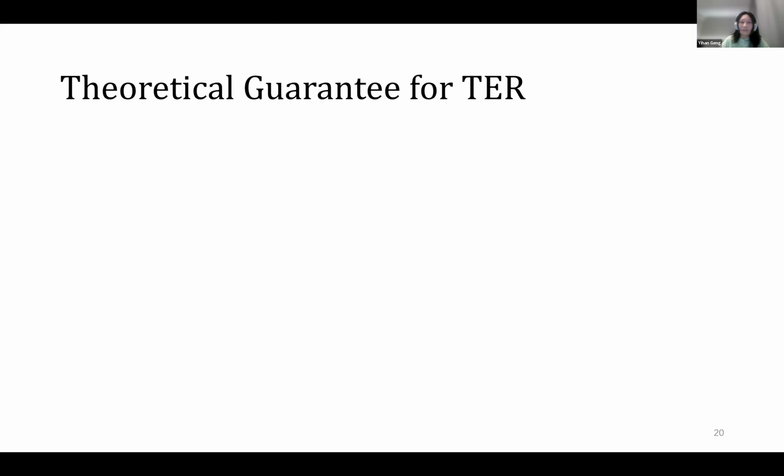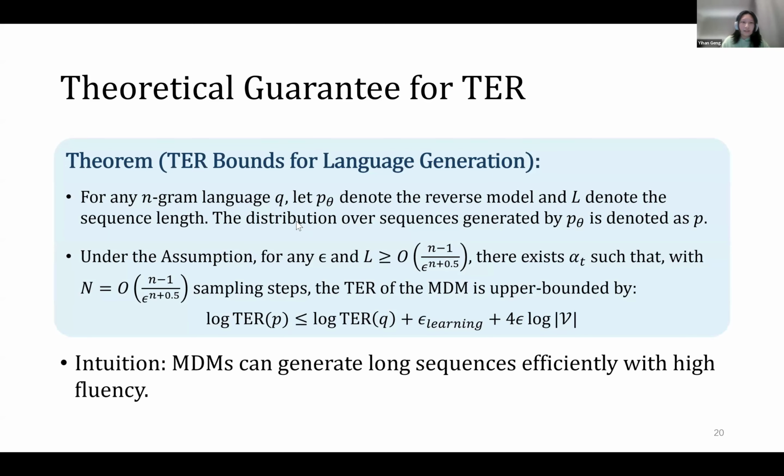So now that we've established our assumption, let's talk about the main theorems of our work. For token error rates, there exists an upper bound of TER for n-gram languages. This theorem tells us that given any n-gram language Q and a well-trained model P for any epsilon, if the sequence length L is large enough, then there exists a masking schedule that guarantees a relatively low TER of P with a moderate number of sampling steps independent of L. To be more precise, the logarithm of the token error rate of P will stay close to that of the true model Q, plus a small error term from imperfect learning and a factor that depends